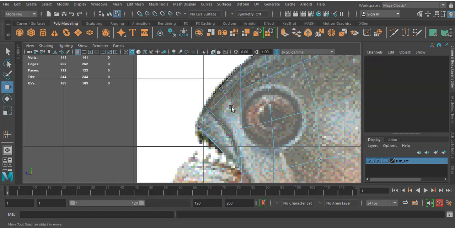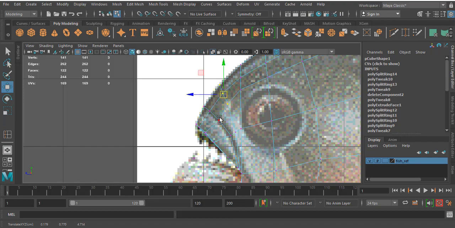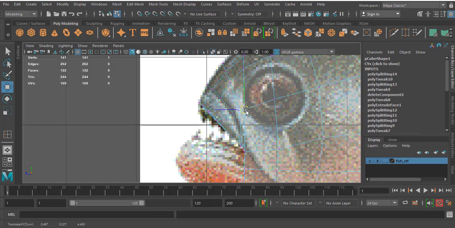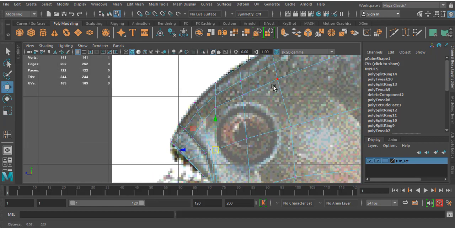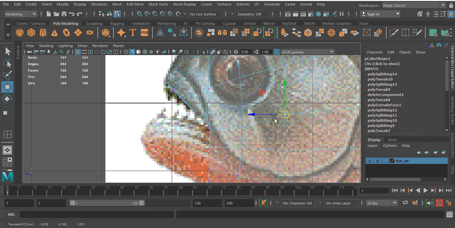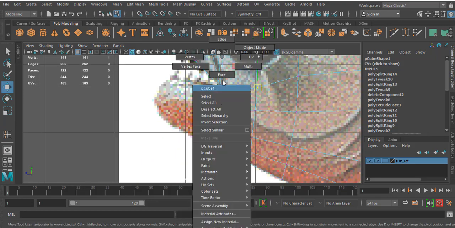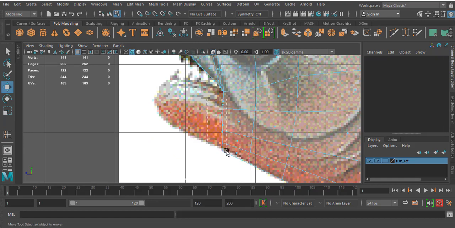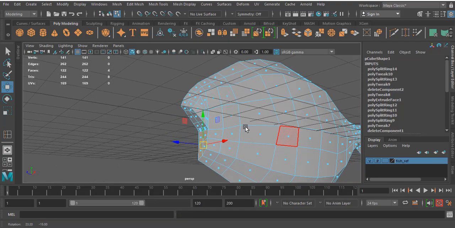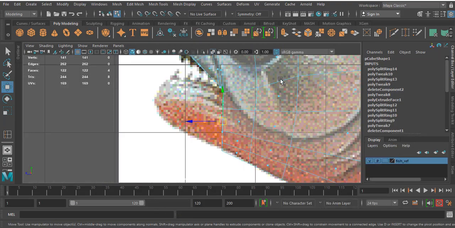Fantastic. I move here. In the first step itself I have to locate these eyes. Anyway, we are going to select the lower jaw.